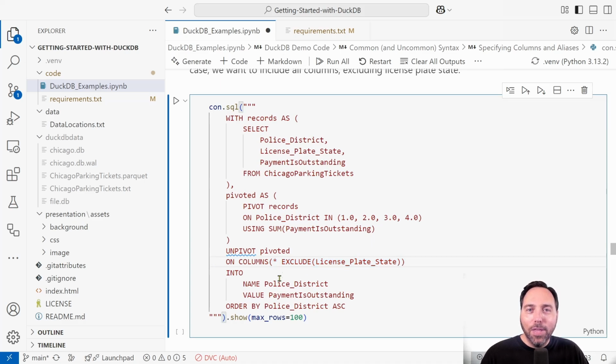Star everything except license plate state. So we are going to say everything except for license plate state, we're going to unpivot. And we're going to put this, now it turns out that there are 3 things. There's police district, there's license plate state, there's payment is outstanding. Well, the name will be police district, the value will be payment is outstanding, and we're going to order this